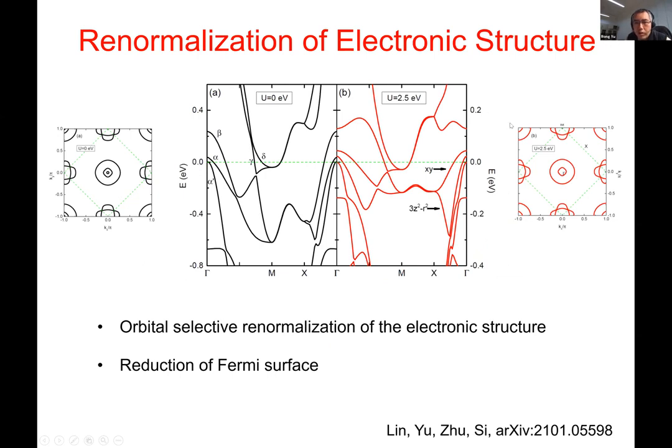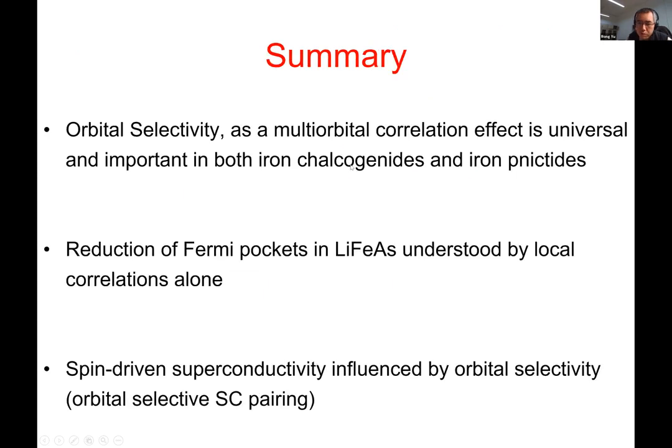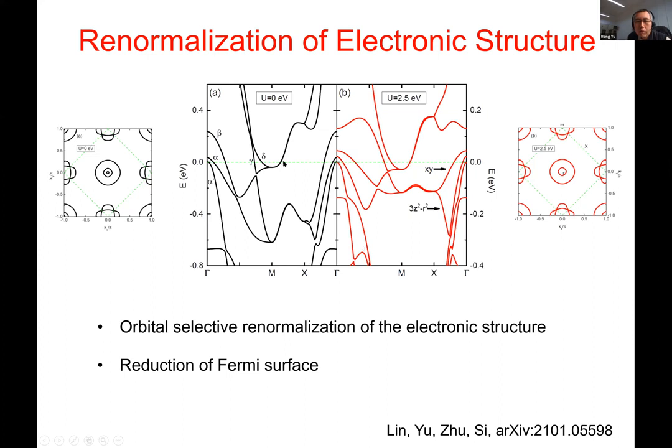we take a closer look at the band structure at U equal to 0 limit and at finite U. And we focus on the bottom of the gamma band, which has mainly a XY orbital character. And we find that it is renormalized by a factor of about 5. However, for the delta band bottom, which mainly has the dxz and yz orbital character, it is only renormalized by a factor of about 2. So this indeed shows a very strong orbital selectivity in this system. Okay, and